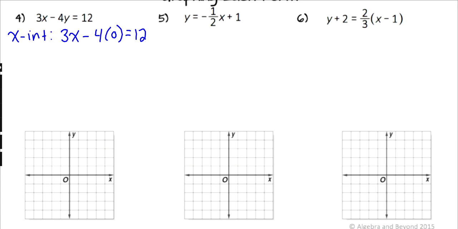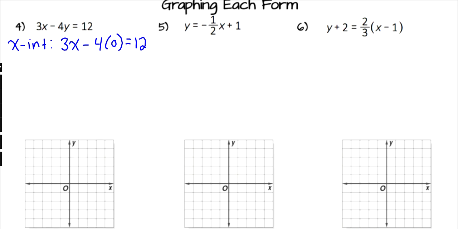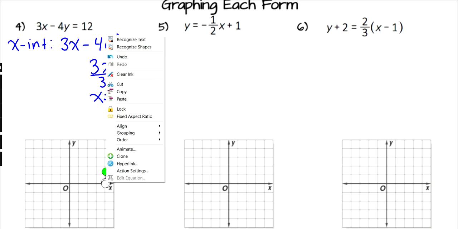So it would look like that. When I simplify that, minus 4 times 0 would just be 0, so I'm not going to write that. I'm going to write 3x equals 12. And then finally, to find the x-coordinate, I would divide by 3 on both sides and find that the x-intercept is at positive 4. So on my x-axis, I'm going to go over to 1, 2, 3, 4 and put